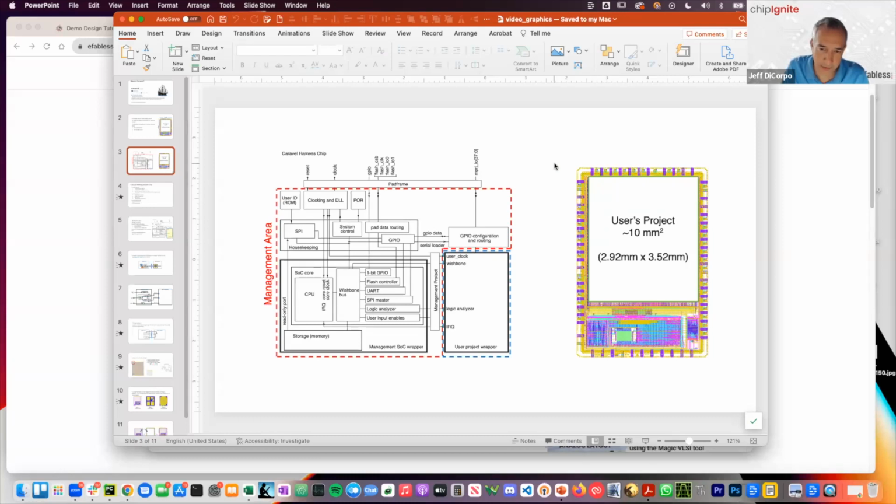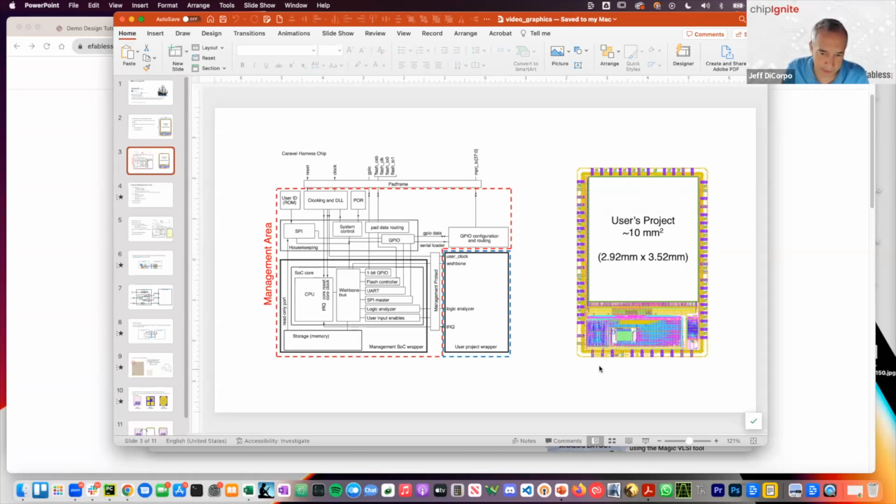The process is you create and generate your design in RTL. We run OpenLane to implement that and provide a GDS for a macro, which represents the user project area in this design. And then there's a final step where you submit that on our platform,